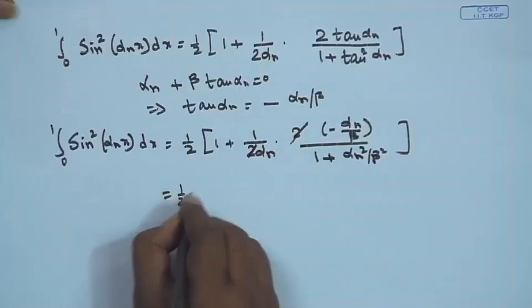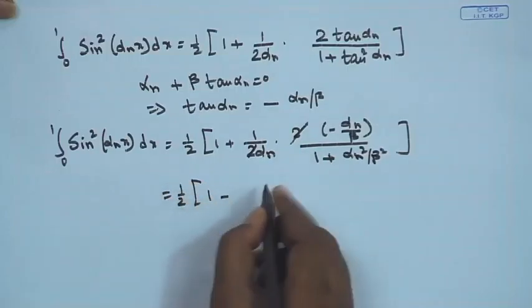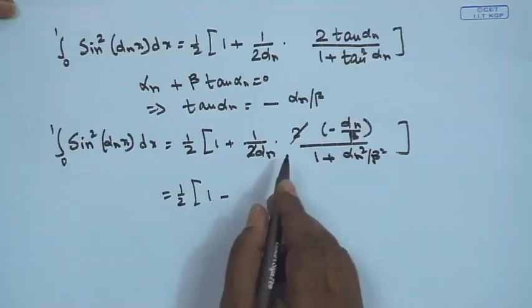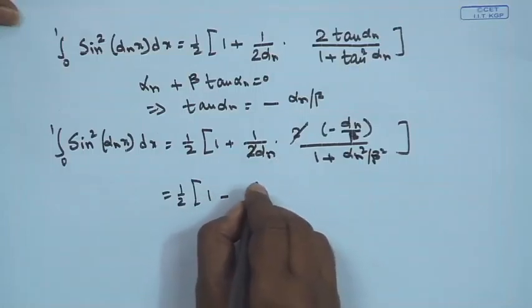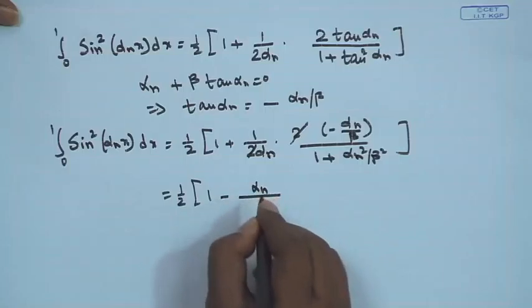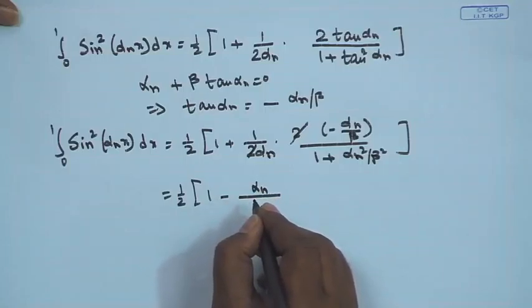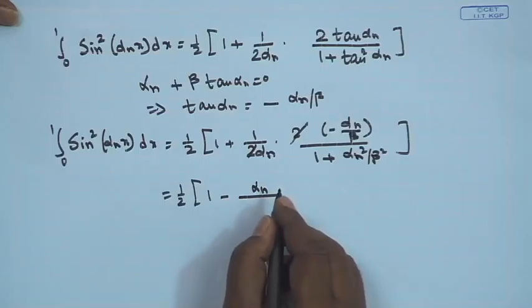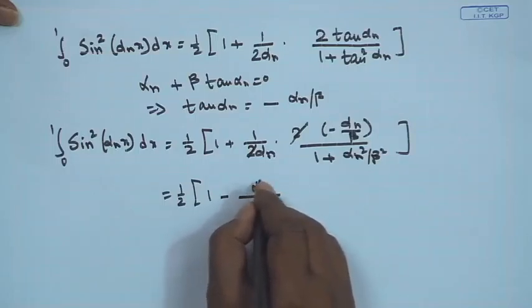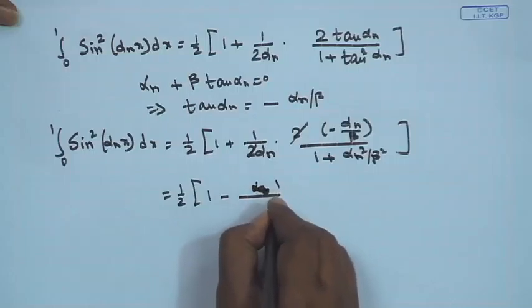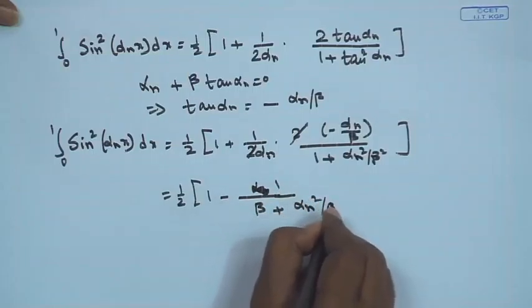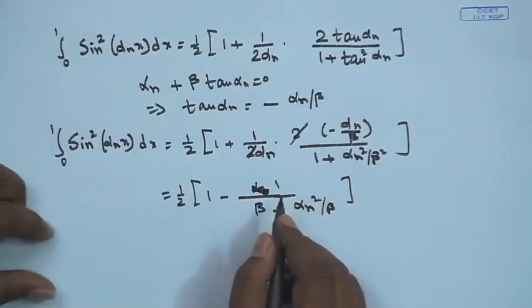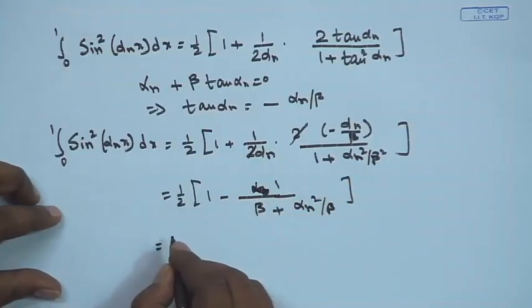So, this will be half of 1 minus, this alpha n will also be cancelling out. So, it will be 1 minus alpha n will be cancelling out. So, it will be 1 by beta plus alpha n square by beta. So, this will be half